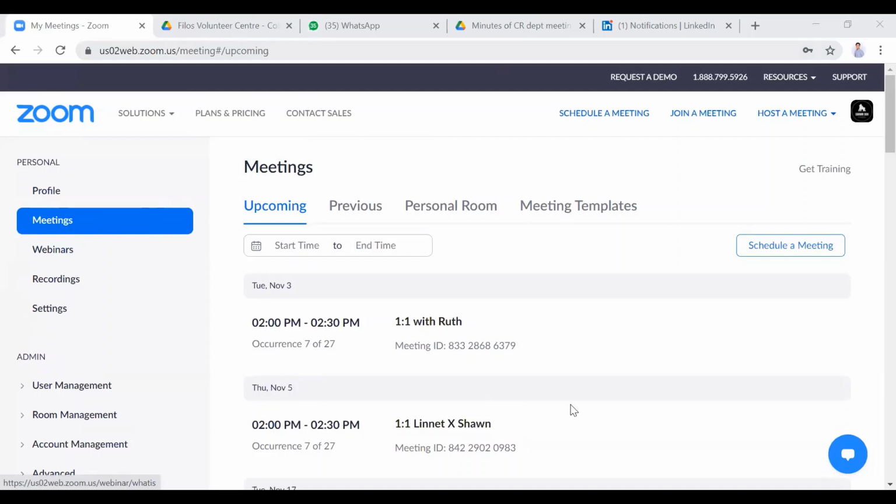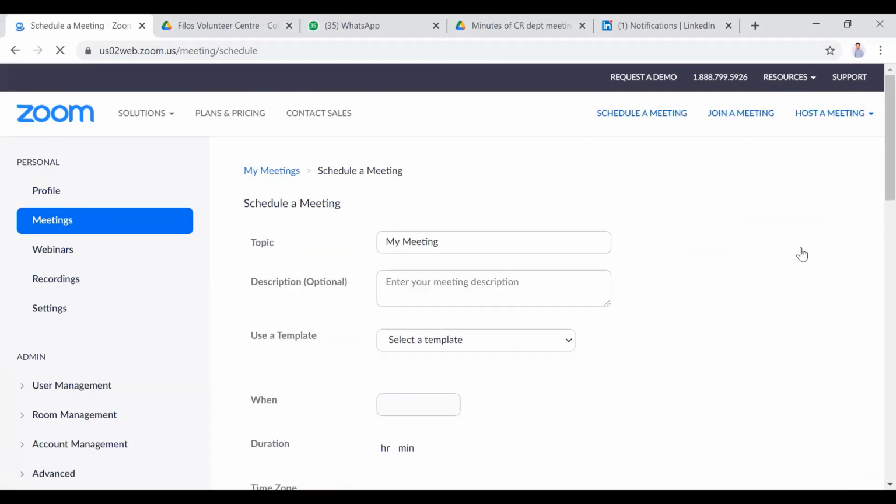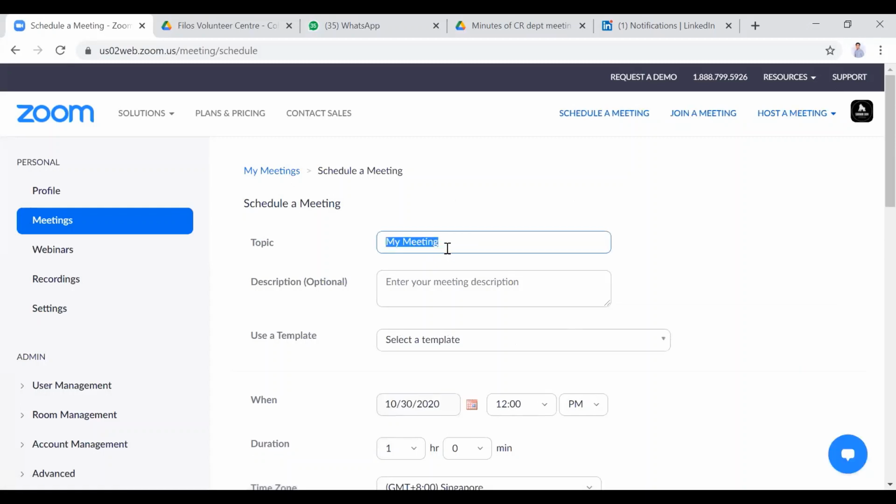Let me do a sharing here. So I addressed the question earlier. If you log into your account over Zoom on the laptop, you will automatically be channeled to this admin page. So let's say, for example, tomorrow you want to have a coffee chat with your classmate or your friends in the neighborhood. All of them have Zoom, for example. I just have to go to meeting, and go into schedule a meeting on the right side here. When I schedule the meeting here, then I'll put my meeting date. Okay, coffee chat